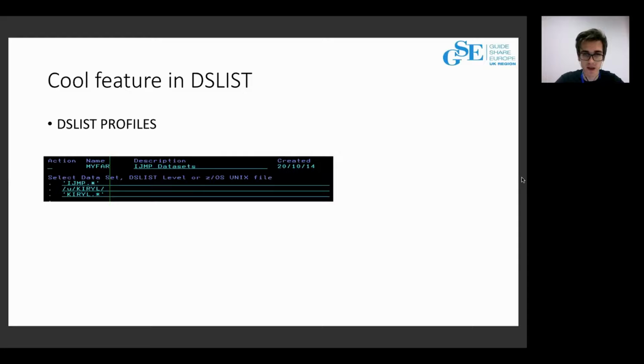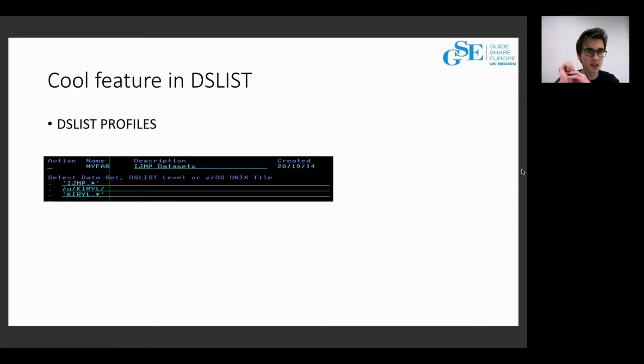And then you can refer to these lists, and you don't have to search for datasets every time you open a terminal emulator. The only problem we have when working with the terminal and using this feature of list profiles is that we have situations when we need to see USS and z/OS file systems at the same time.